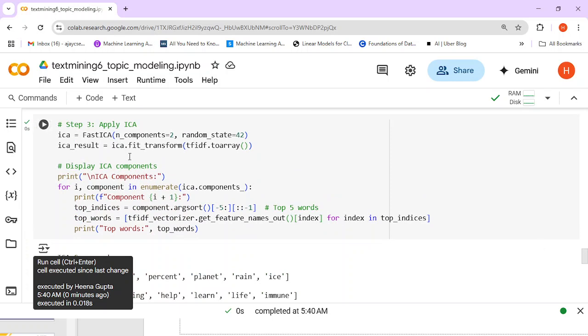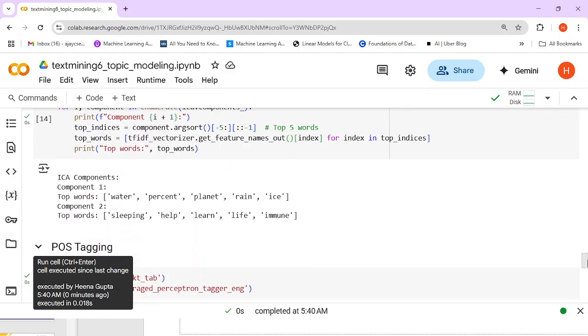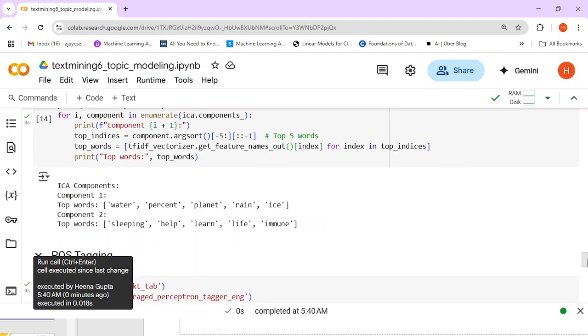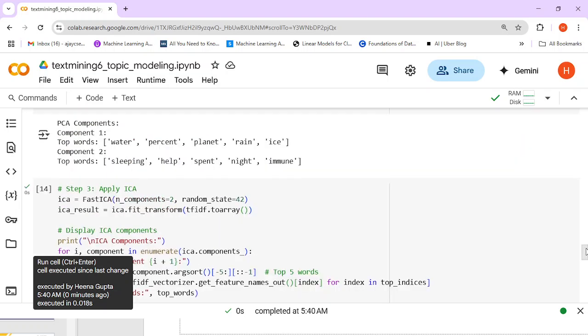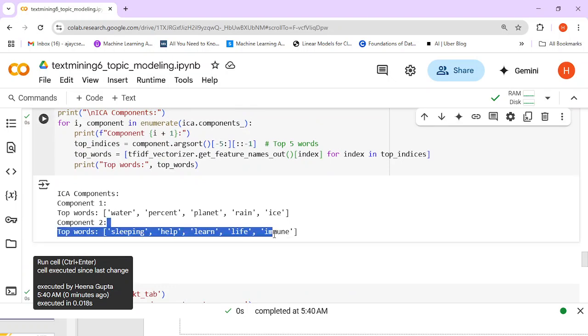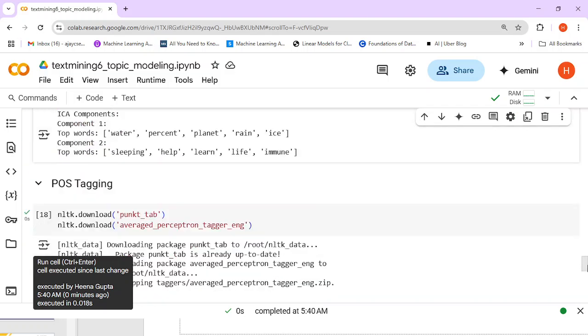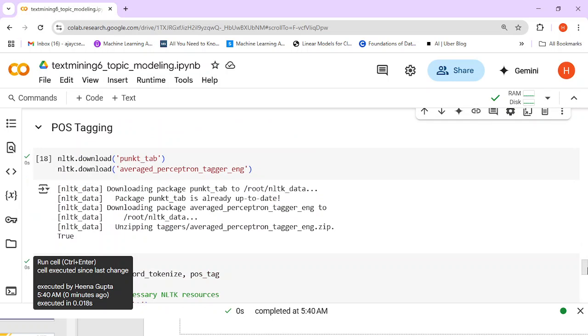Similarly, ICA can also be applied. Again, ICA is another technique. And this has given me a slightly different output here. This is learn, life, immune, and here this is spent, night, immune. So some kind of different output is there. So this is about